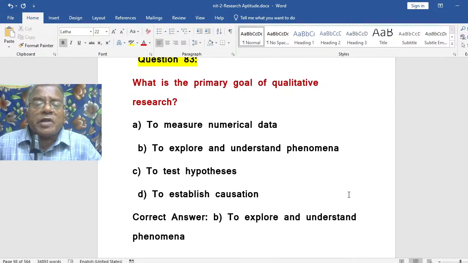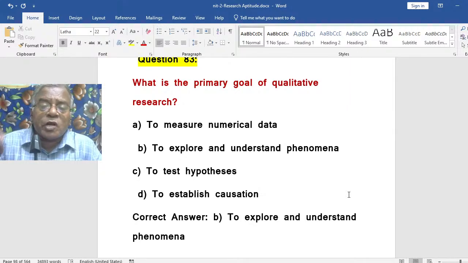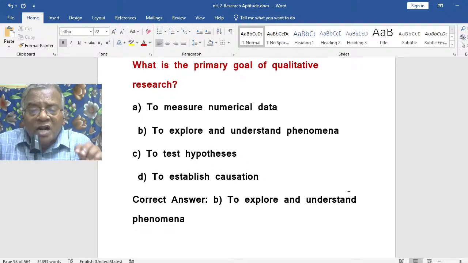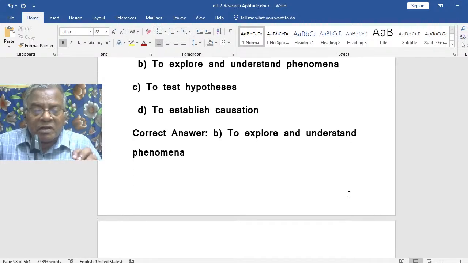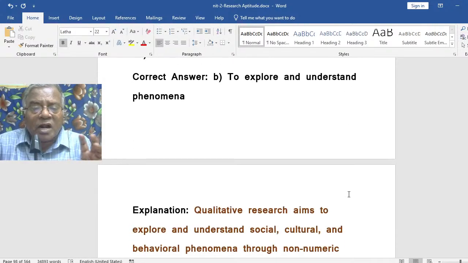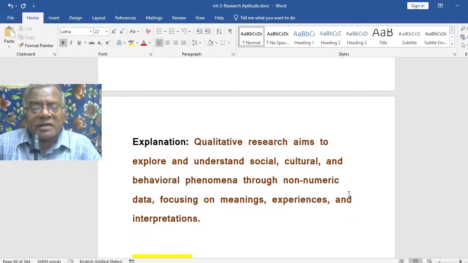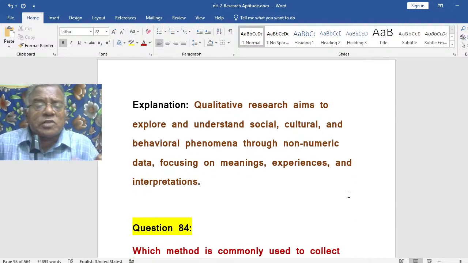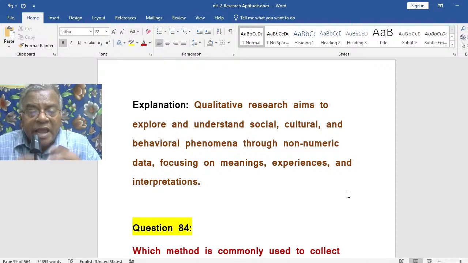What is the primary goal of qualitative research? Out of these four alternatives, which is the correct one? That is to explore and understand the phenomena, the reality. Qualitative research aims to explore and understand social, cultural and behavioral phenomena through non-numeric data, focusing on meanings, experiences and